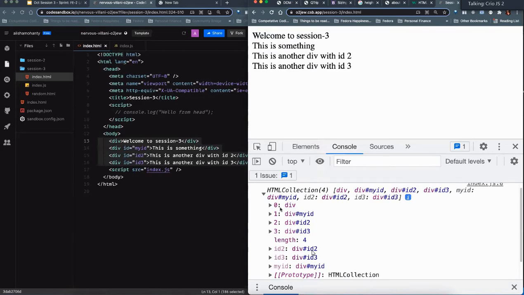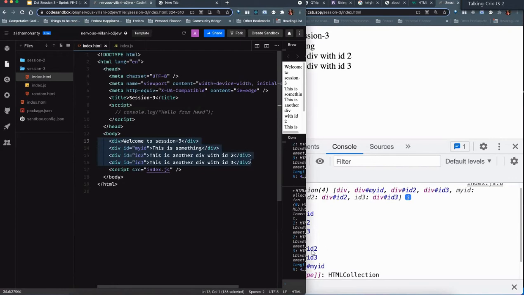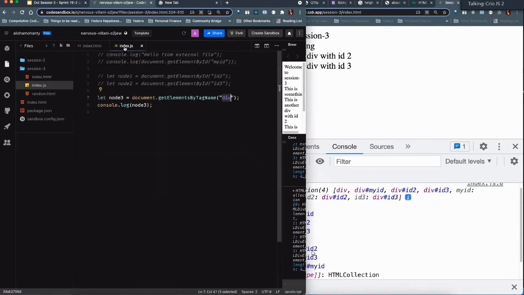elements inside the HTML collection. One is a div, which says welcome to session. It does not have any ID, so it's a plain div. Second one is my ID. So the first one is the first element. Second element, first index, is the division with ID my ID. Third element of the HTML collection is the division element with ID2. Similarly, ID3. So these are all the divisions that I have declared inside my HTML file, and I can access